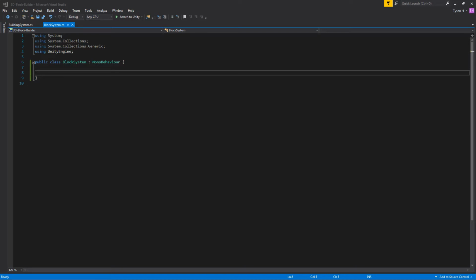So if we want a wooden block, a dirt block, etc., this is sort of where we set all that up. So if you've done the 2D tutorial, you'll be familiar with a lot of this. We're going to be repeating a couple of the similar things, but one key difference is that we're going to use a dictionary for this, which is very similar to a hash table, I believe. I'm not sure if they're the same thing or considered different things, but essentially what a dictionary is,